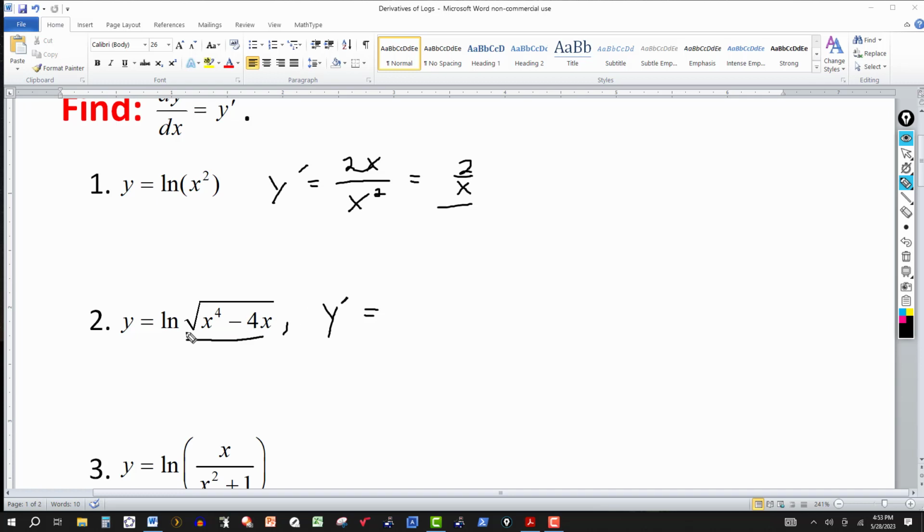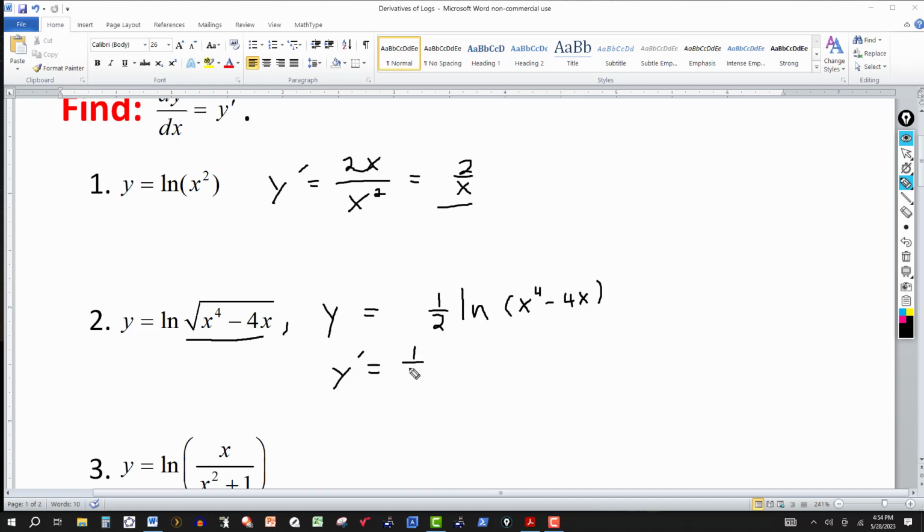I have a log function here, so I'm going to use the properties of logs. This radical can be written as x to the 4th minus 4x to the 1/2 power. So I have a property of logs that allows me to, and I haven't taken a derivative yet, so let's just make this as y. So here I'm just simplifying. So this is an x to the 4th minus 4x. Then now I take the derivative. So this would be y prime,